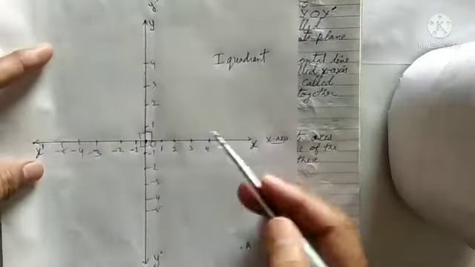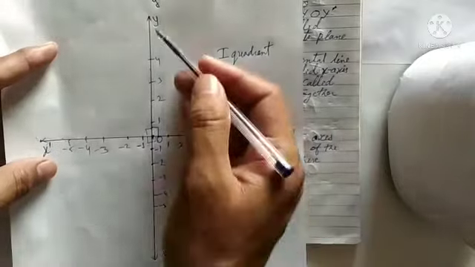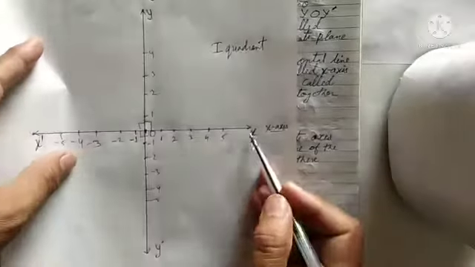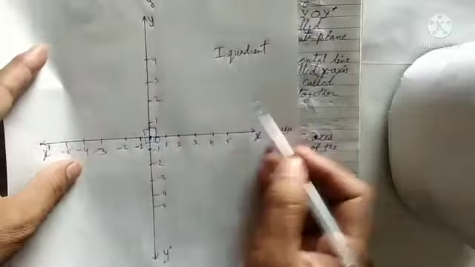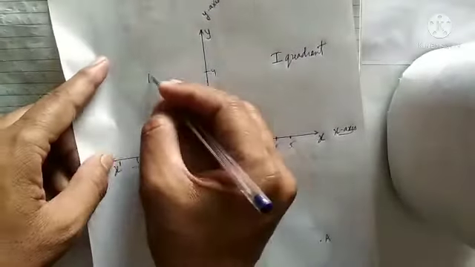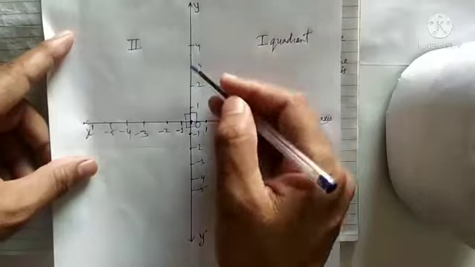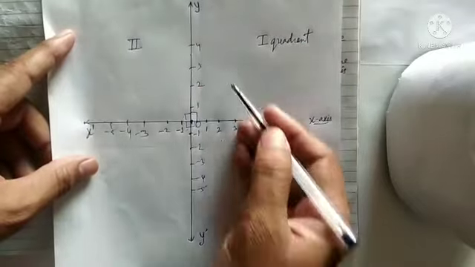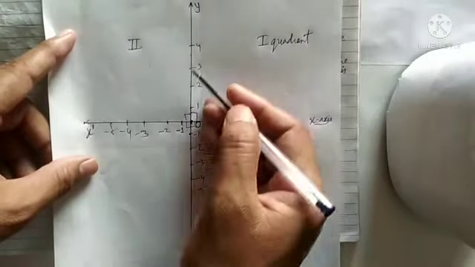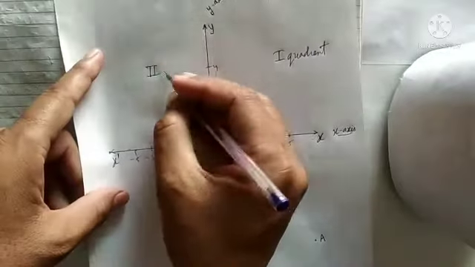Why first quadrant? Because the first quadrant lies in x o y. See, x o y is called the first quadrant, with positive x and positive y. Then the second quadrant. We move anti-clockwise, meaning the clock moves in this direction and we move in that direction. So this is the first quadrant, then the second quadrant.